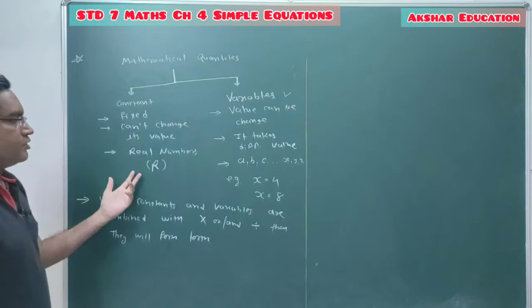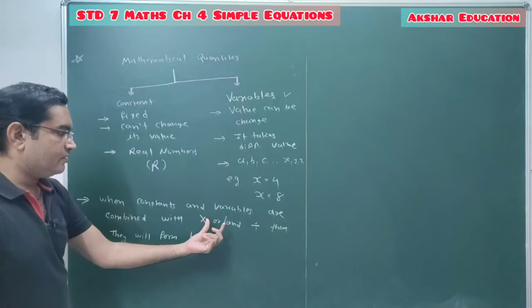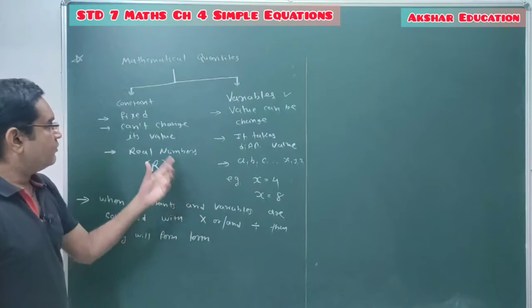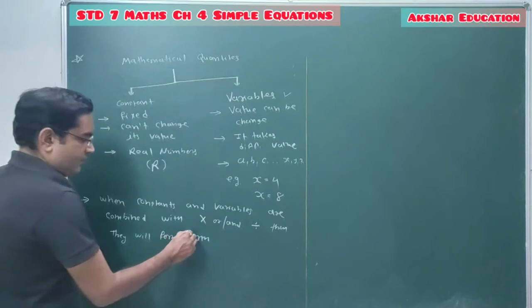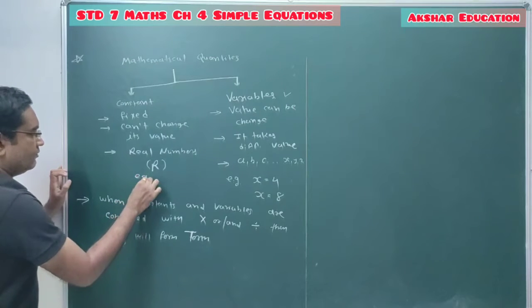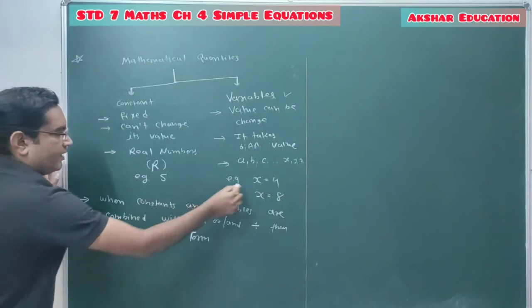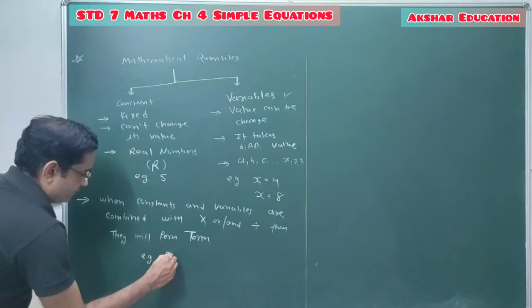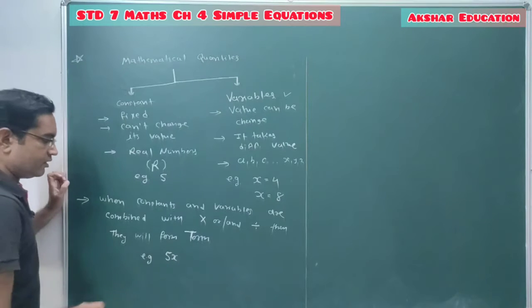When we are combining these constants and variables by using the multiplication sign or division sign, that means you can use either one of them or both, that means you have to combine constant and variable, then we will get a term. For example, if you take one real number pi and one variable x, and I combine this constant pi and variable x with the multiplication sign, I get one term, that is pi x. Pi x is nothing but pi multiplied by x. So this is one term.